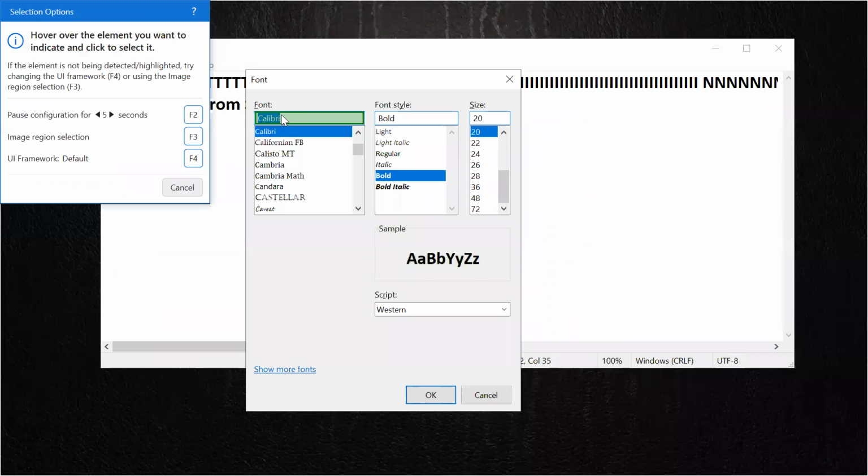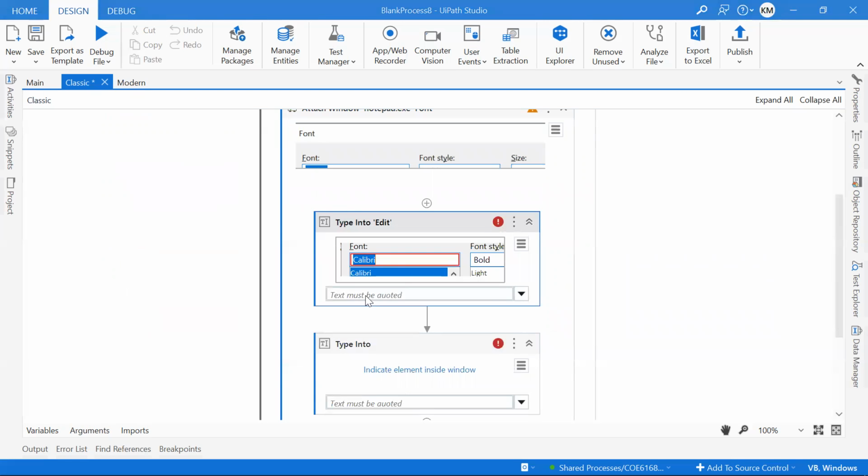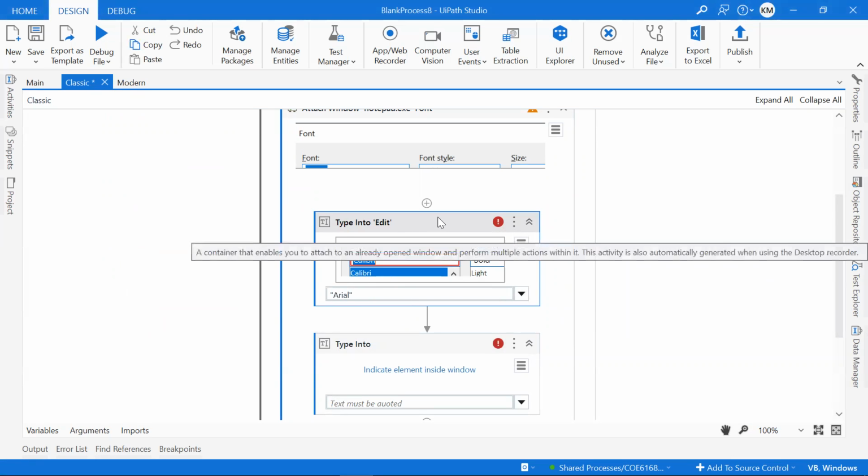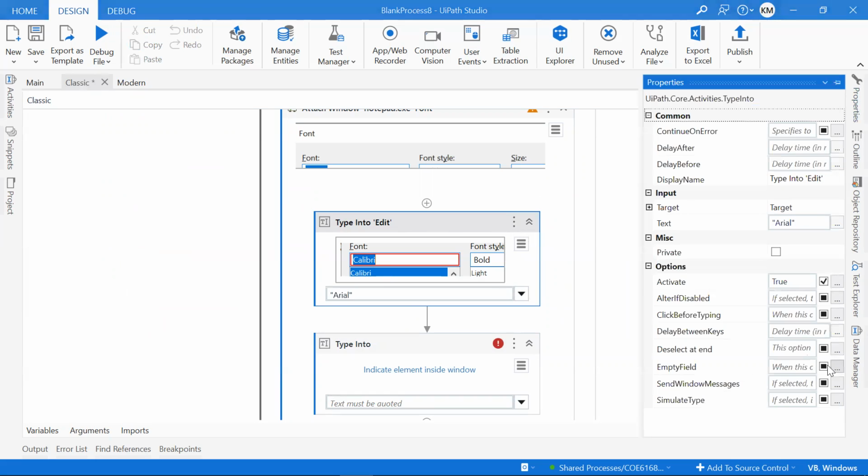Indicate here in the calibrate, it has to be changed to Arial. Here, before typing, it has to click. It has to empty the field first and then type. And before typing, it has to click and do it. And let me ask my bot to do it in a send window message mode. Next,